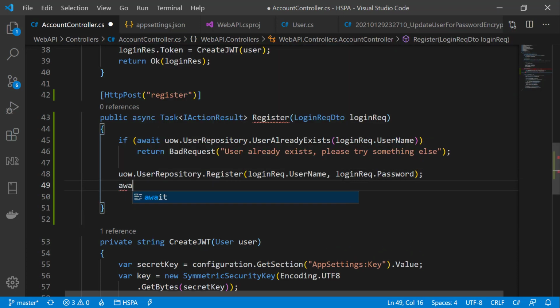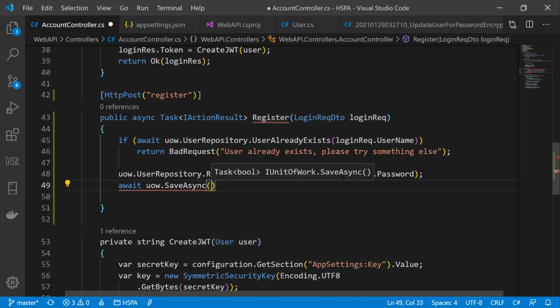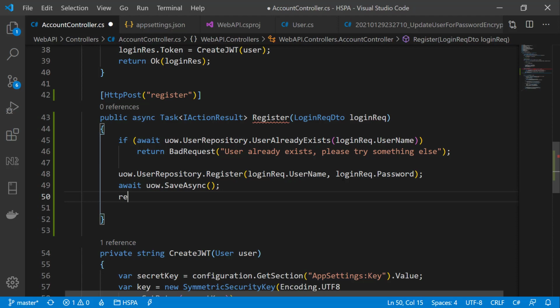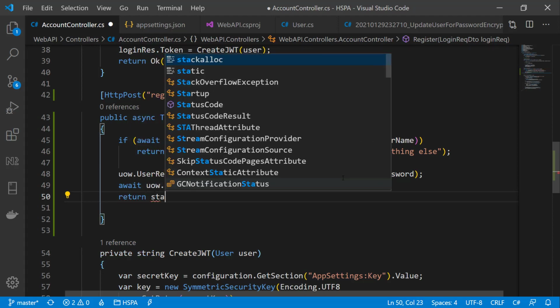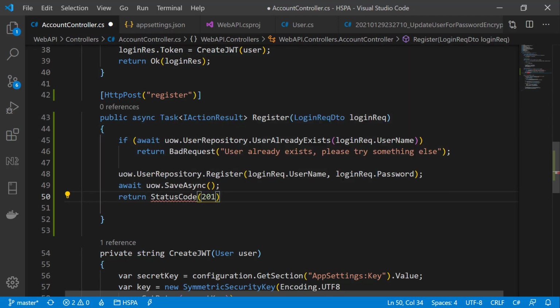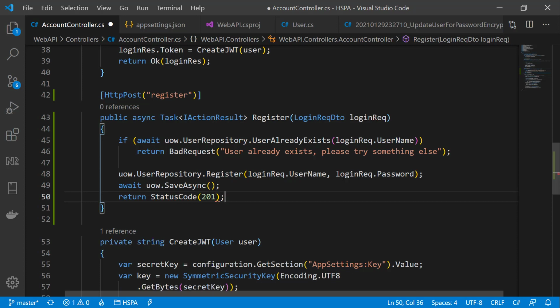Finally, save the data in the database using the unitOfWork.SaveAsync method and return status code 201. That is the code for the created message to display that the record has successfully been added using this endpoint. So our register method is complete.